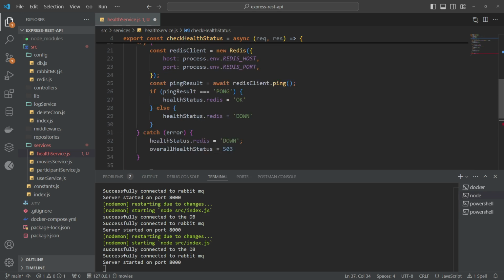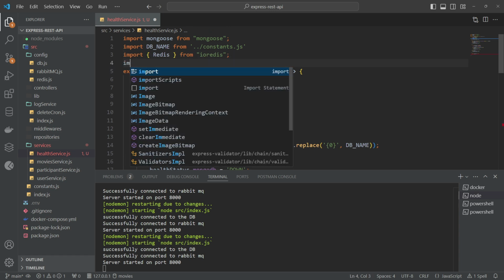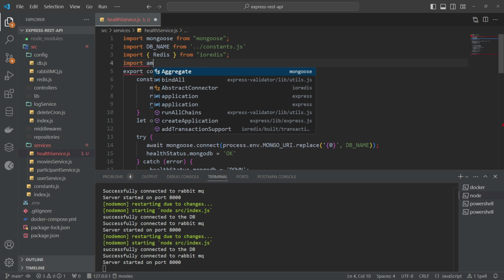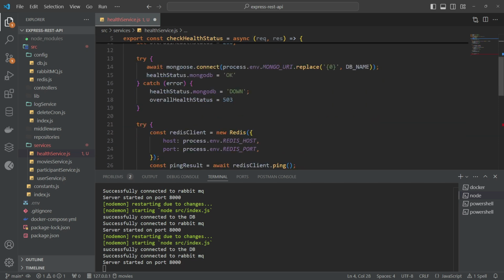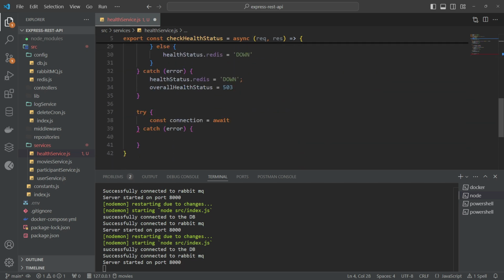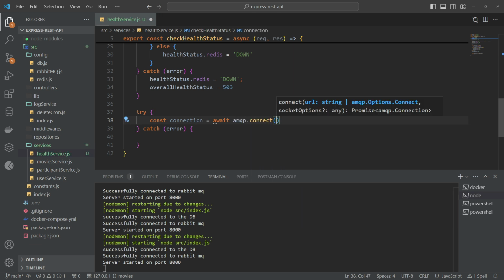Then we will import the AMQP library. So I will say import amqp from amqplib. Then we will use it here, await amqp.connect, and what we will pass,